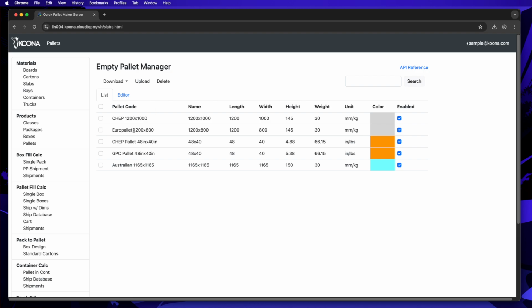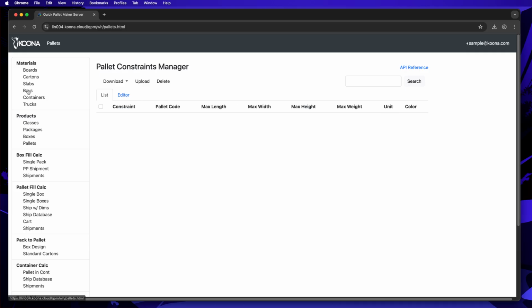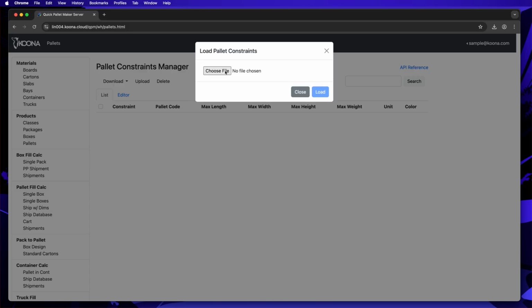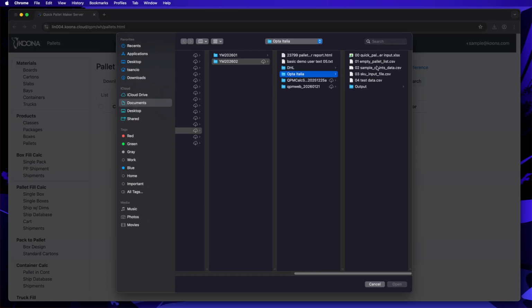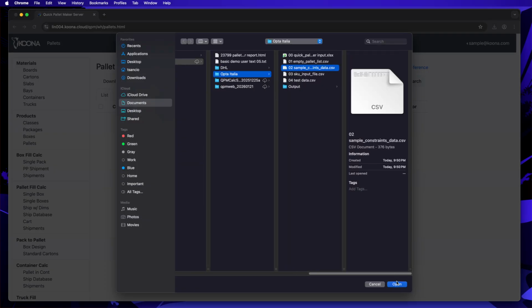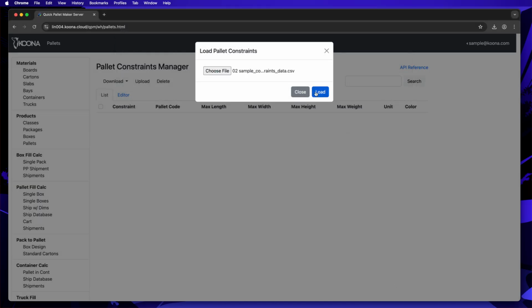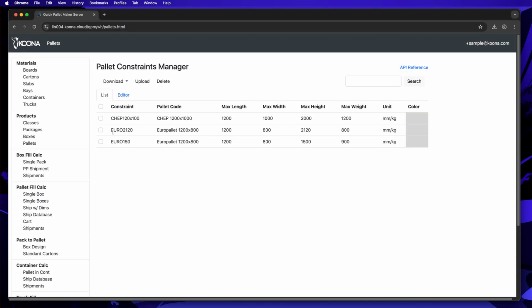Okay. Now we will add the pallet constraints, which include a maximum load, height, and weight. So we go to the base section, we upload the file. It's another file, sample data, and here we load it, and we see that we have a Euro pallet, okay, that has a maximum height of 2.12 meters, okay, it has a maximum weight, and this is the one that we will use